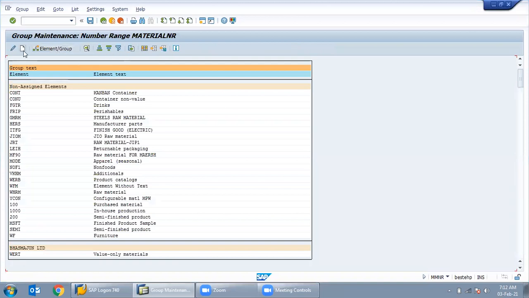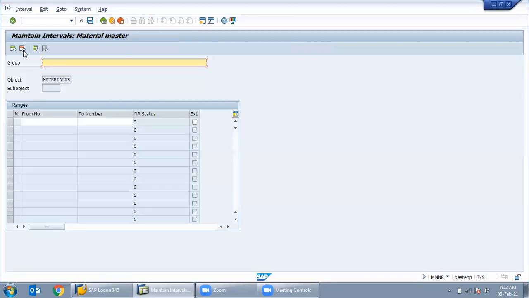First we have to create a group, like our material group is like Umesh. Okay, so I've given Umesh a number, X00200112.